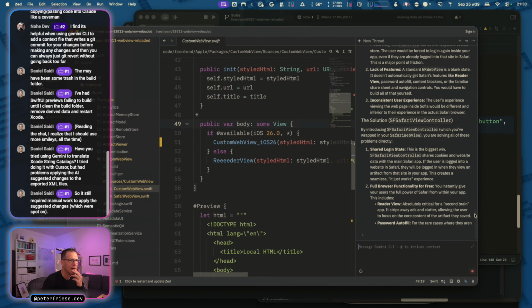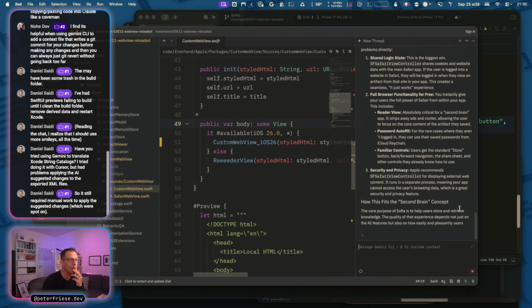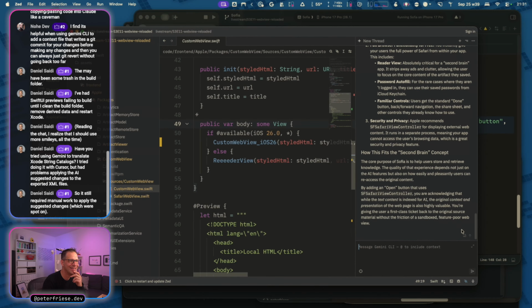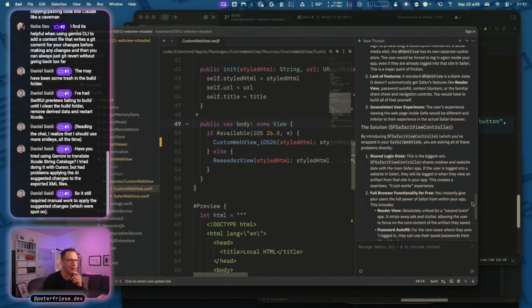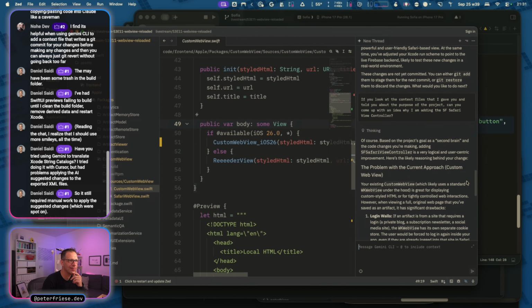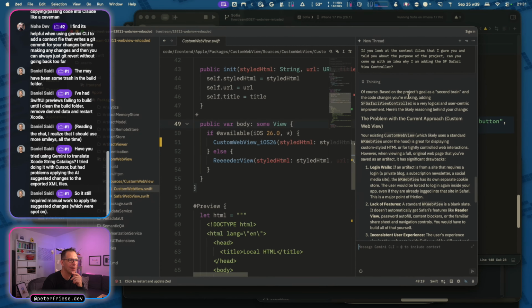Ooh, ooh, ooh. Wow. Okay, let's see what it thinks why I'm doing this. Based on the project's goal as a second brain and the code changes you're making, adding SFSafariViewController is a very logical and user-centric improvement. The problem with the current approach